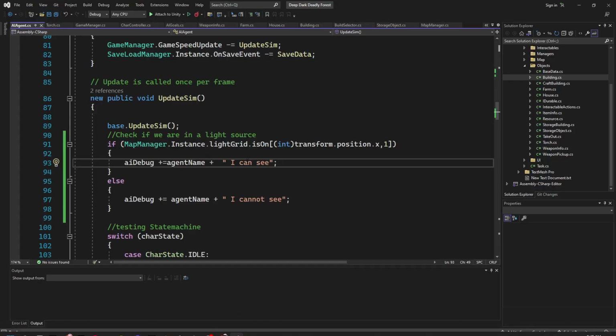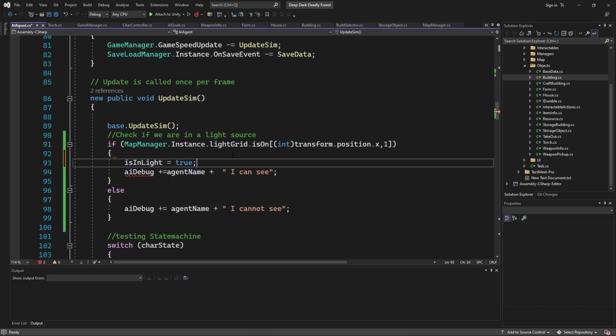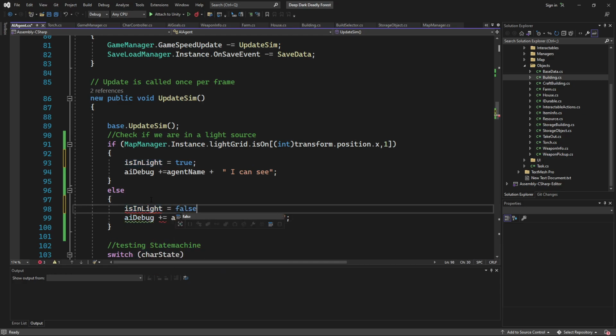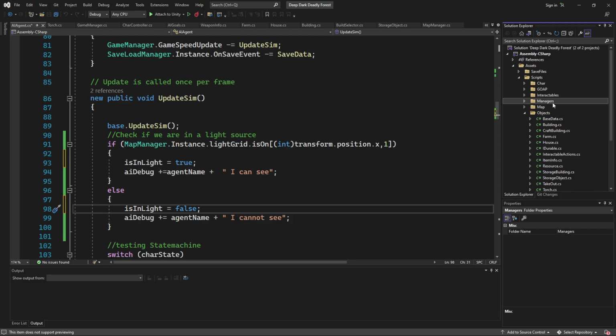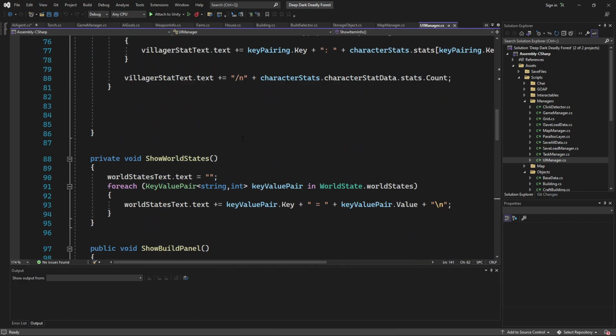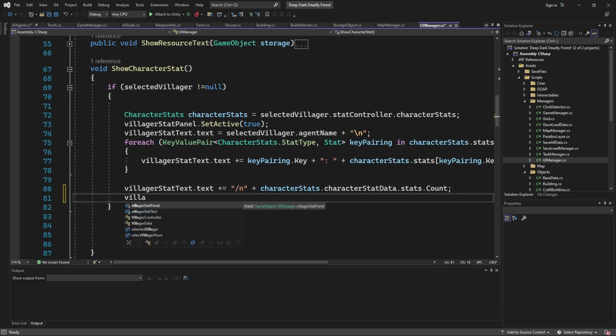I'm not even using that boolean. Let me just put this boolean now. Is in light is true. Is in light is false. And let's just go to the UI manager. I put it in the managers. And where I am showing the character, villager